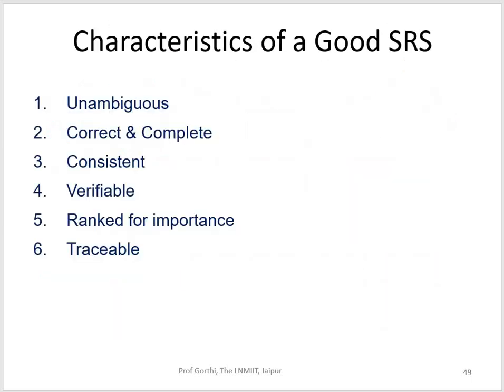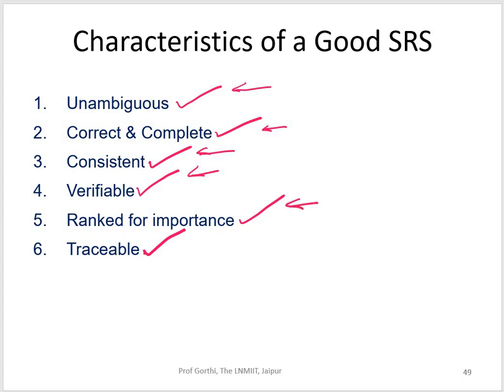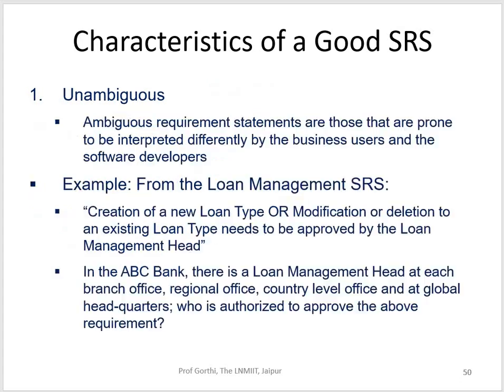Let's focus on the software requirement specification, because we are talking about requirements engineering, software requirements engineering to be very specific. I have software, I have requirements, I have specification. So let's talk about the characteristics of a good SRS. A good SRS should be unambiguous, correct and complete, consistent, verifiable, ranked for importance, and should be